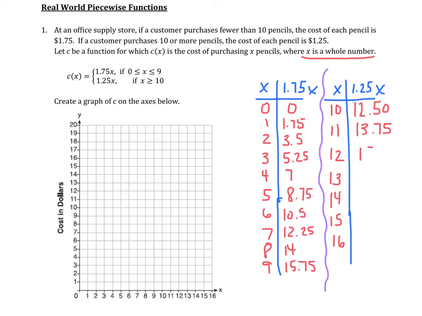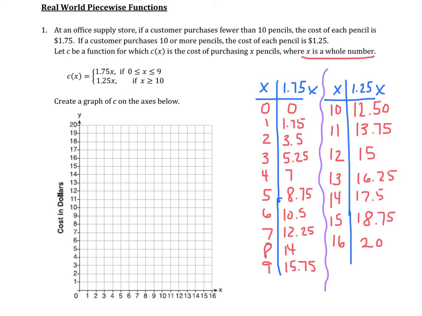12 is 15. 13 is 16.25. 17.5. 18.75. And 20. Okay, now the idea here, and this is why they told you x is a whole number,